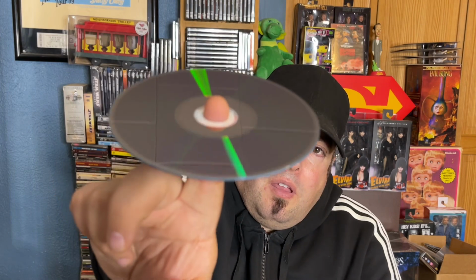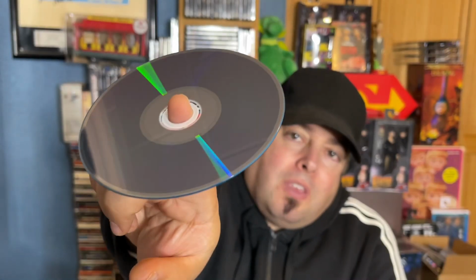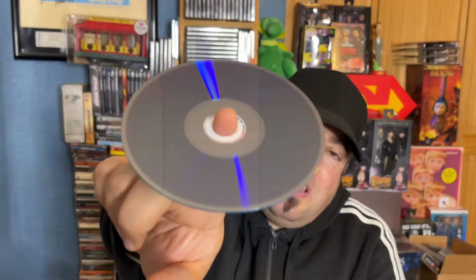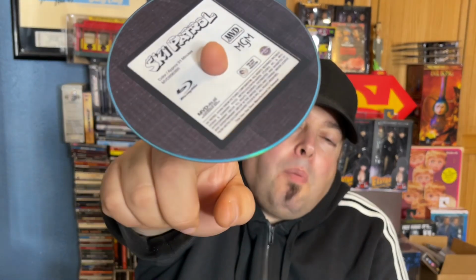Ready? Here we go. What color is that disc? Black. This is a burn on demand or a burnt disc. Okay, that's what this is. This is not silver. This is a black disc. And to make it even worse, if you look at the other side, ready? Here we go. Look around the edges. You can see the blue from the company of the